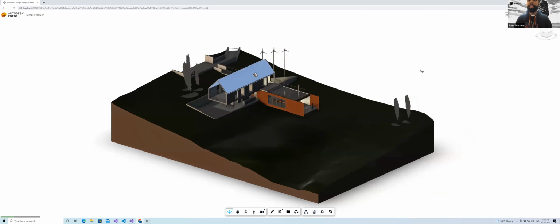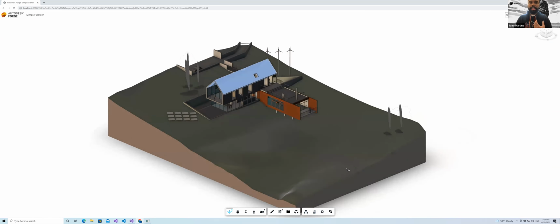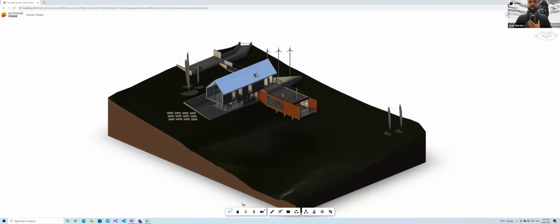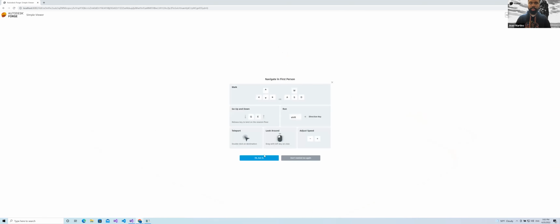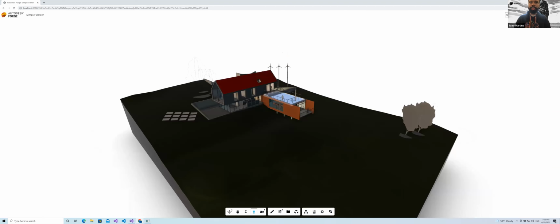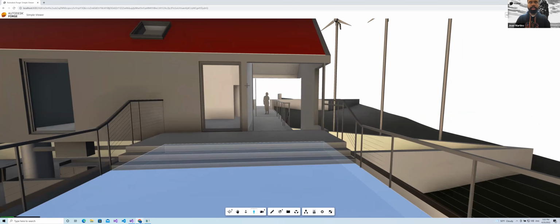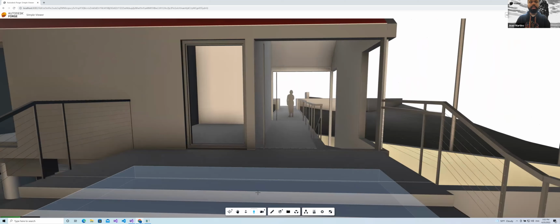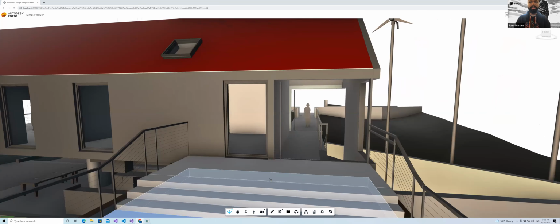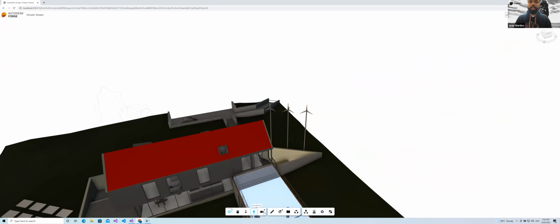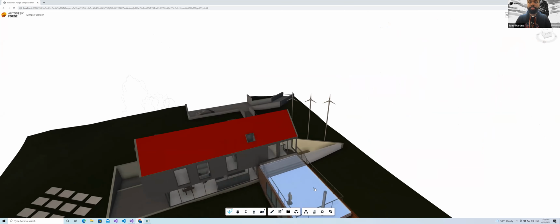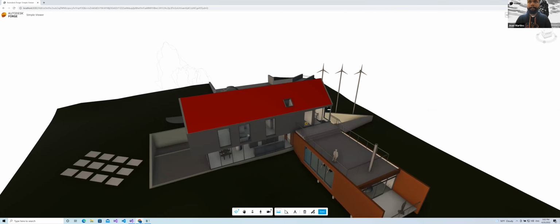And also, when we initialize the viewer, it comes by default with these tools right here that you can see. For instance, this is really good: we have a first person view. I can go right here and start walking in my model. Let me get back to the normal view. We can control the camera. We can take measurements. For instance, if I wanted to measure this distance right here in millimeters,